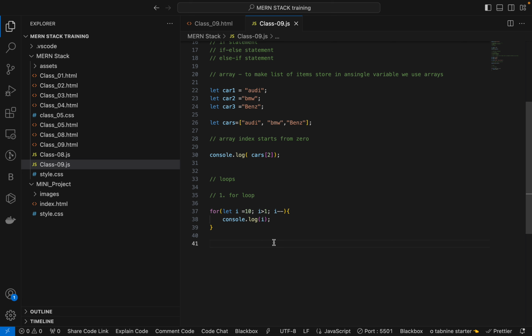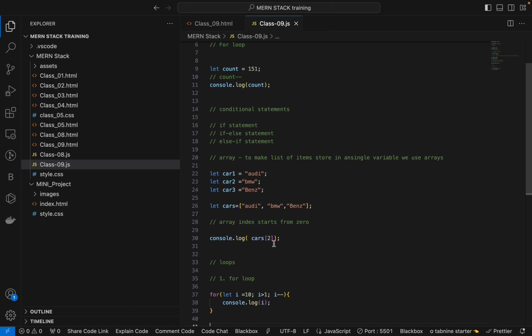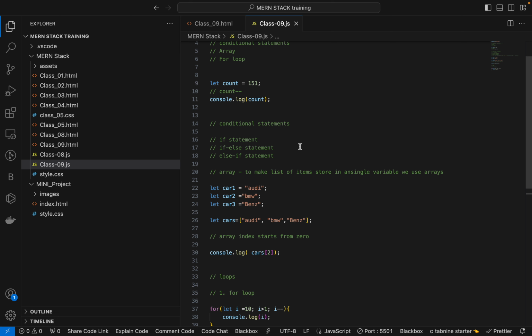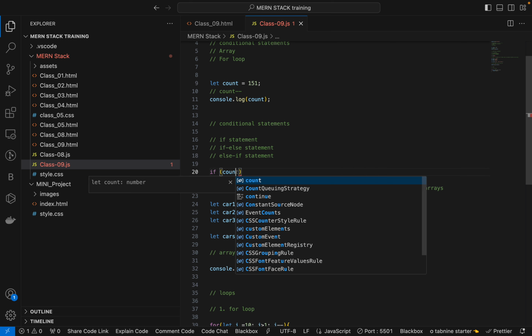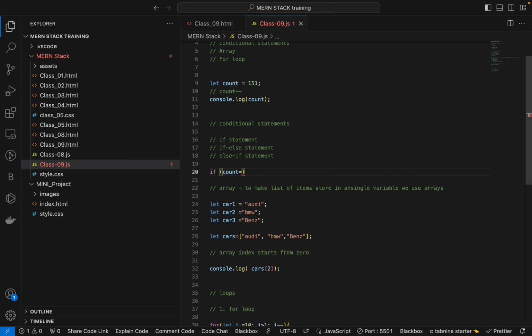Okay, and another one which I forgot to tell you in the conditional statements is switch case. For example, as you can see now, if count equal to 100,